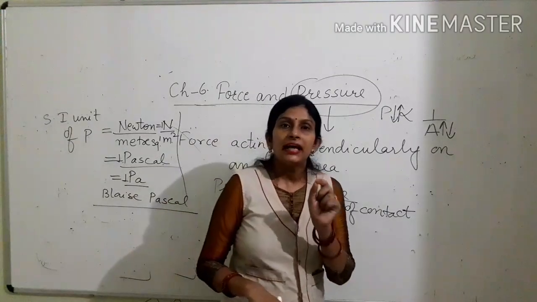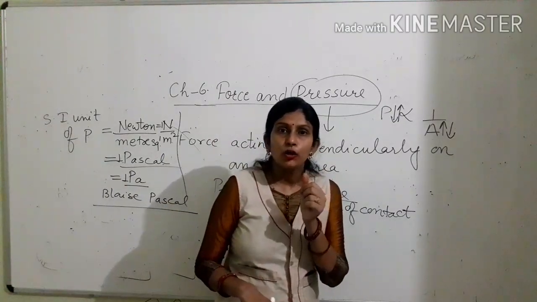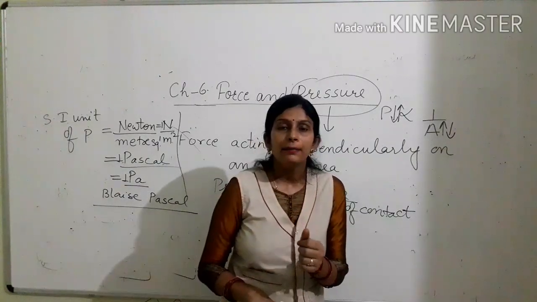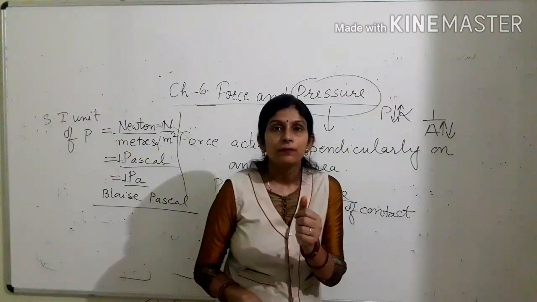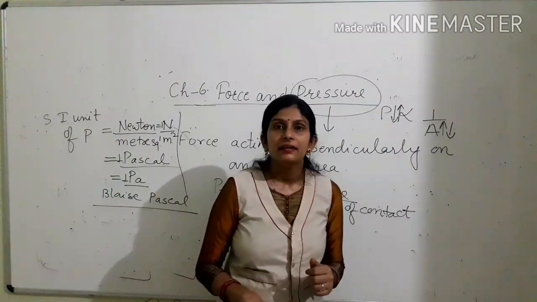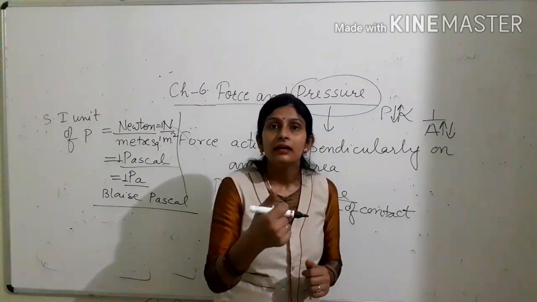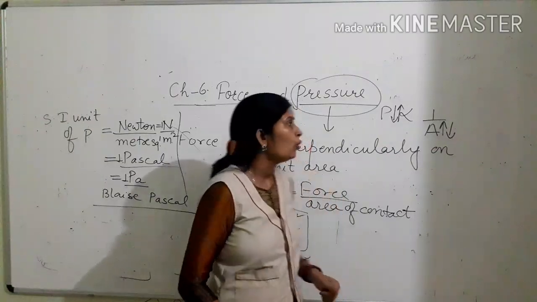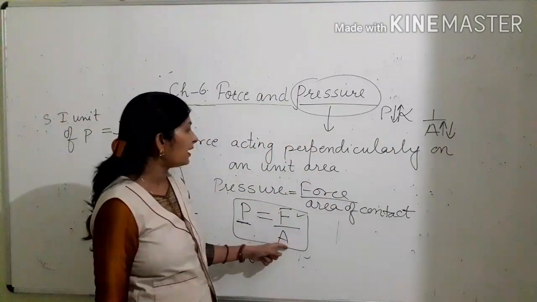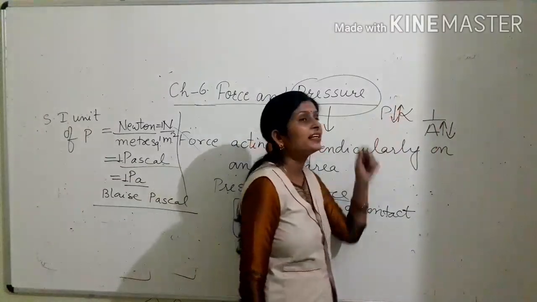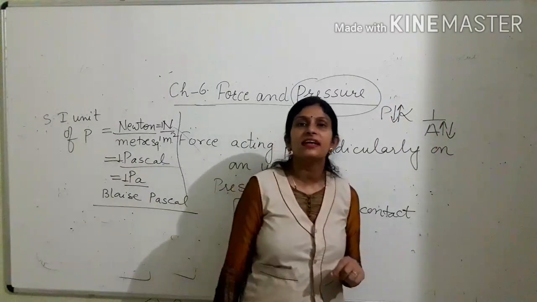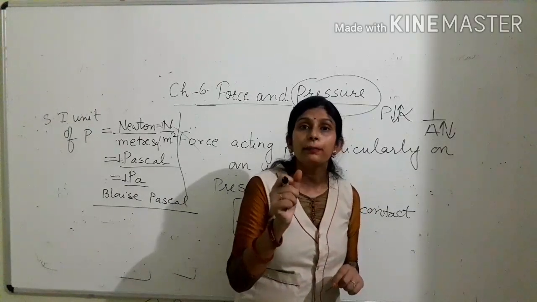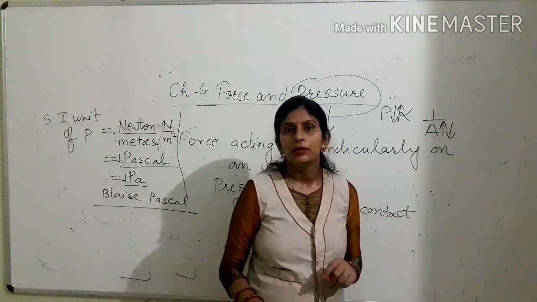See, when we press the drawing pin with its blunt end, it means we apply force on its blunt end. That blunt end has more area, wide area, broad area. So force is applied on more area. When force is applied on more area, pressure decreases. So low pressure is created, which will not allow the drawing pin to pierce the drawing board.